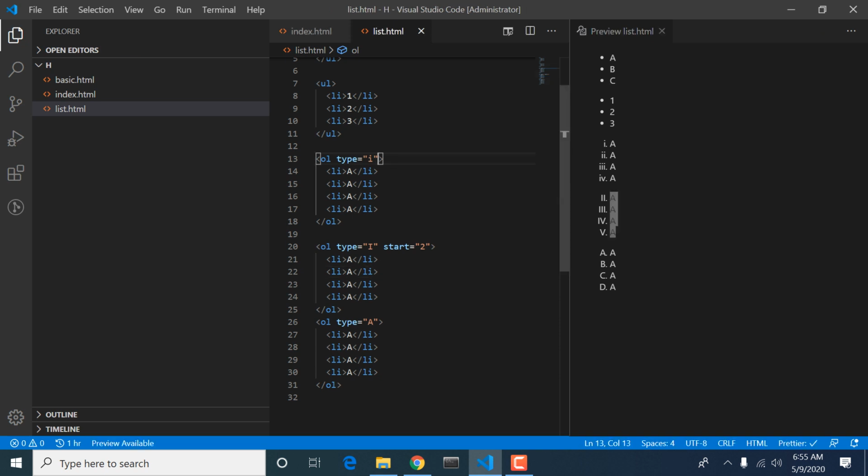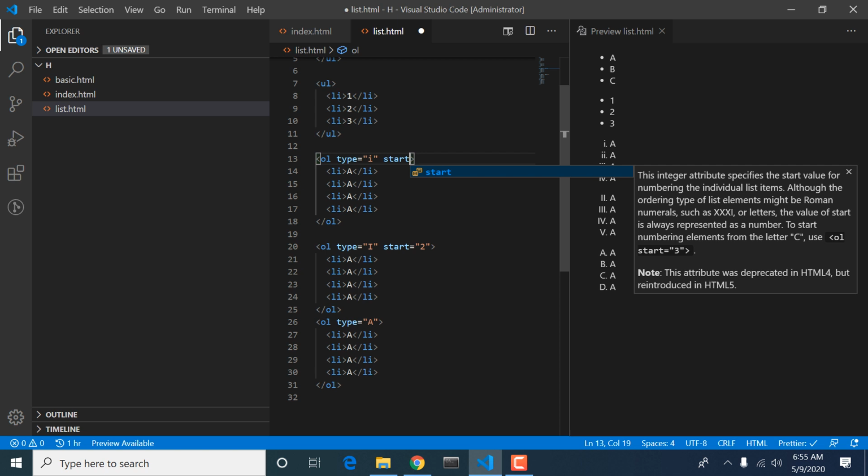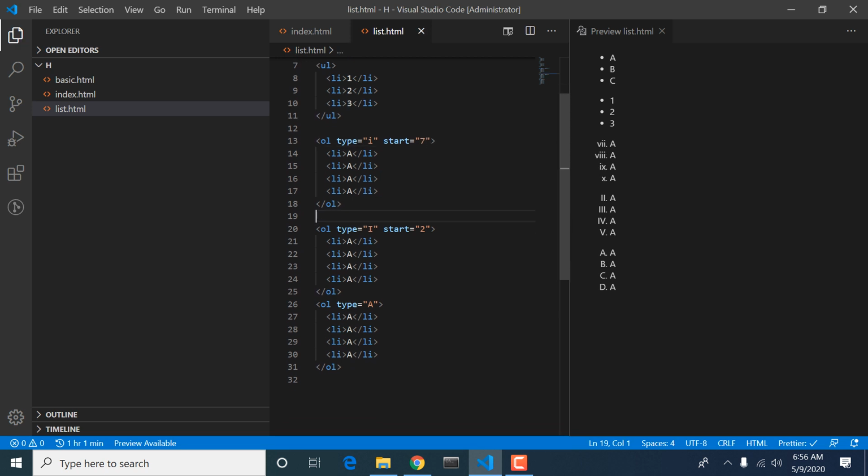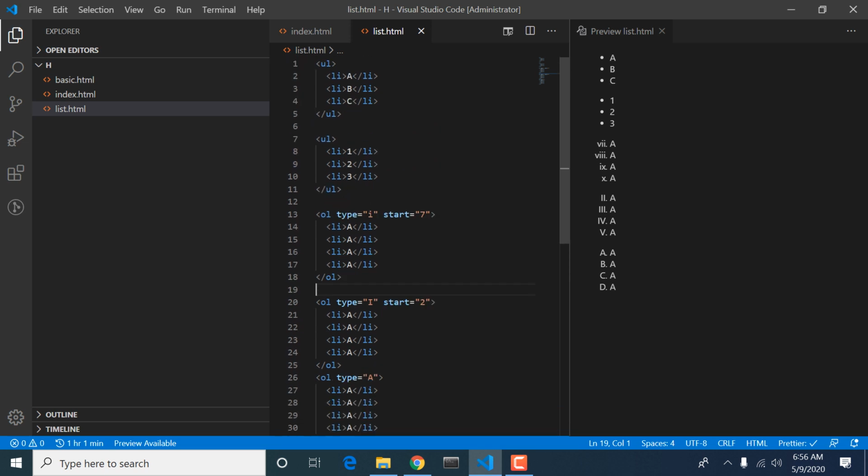We give this attribute a number. If I want to start with 7, we give it 7. So these are the hacks.